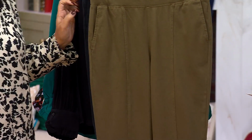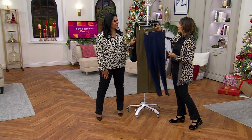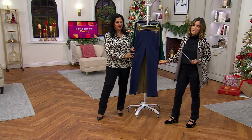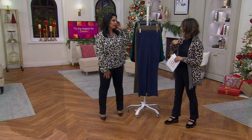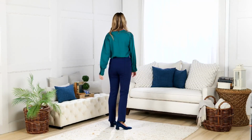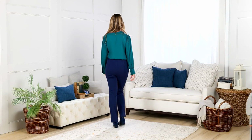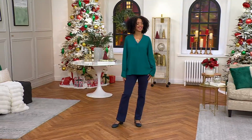Then this one, the blue, this is our navy option. You know, Blair has that on with a blouse that we have coming up in a teal color. Navy is such a great color because money well spent. You'll wear these all fall, all winter, but with navy, I particularly love wearing it even in the spring and summer. 4 seasons, yes, for sure. And then Amel and I are wearing the black. Looks like black jeans, looks like a black fancy cigarette pant, but the best stretch twill so much stretch one can find, and at a sale price tonight. Over 500 orders placed. Please don't forget, there's extra small through 5X, but thank you so much for doing